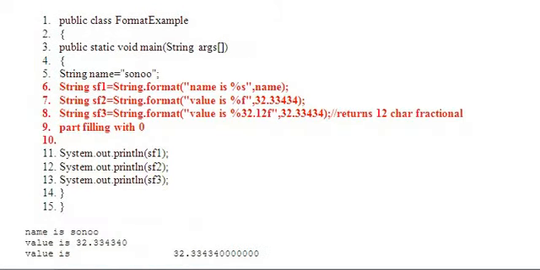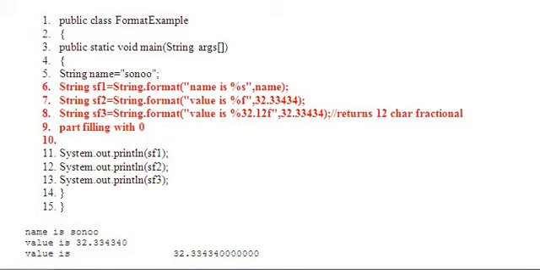Look at your first program. Look at line number 6, 7, 8. And we have comments also there. So String sf1 = String.format. What is the base string? Base string is at line number 5, name is equal to SONNVO. Look at line number 6. We used %s with String.format. And line number 7, %f. And line number 8 we used %32.12f.